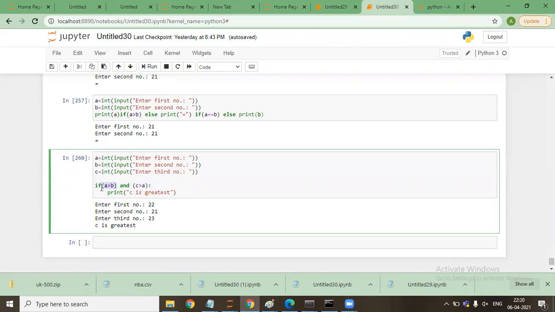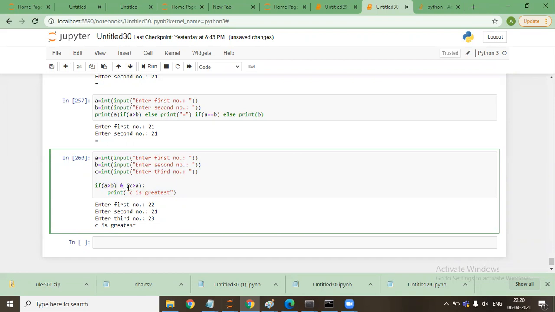If A greater than B and C is greater than A, if A greater than B, then it is clear that A is the largest between A and B. But if C is greater than A, then C is the largest. I have used the AND statement, so this AND can be like this or like this. Both can be used.